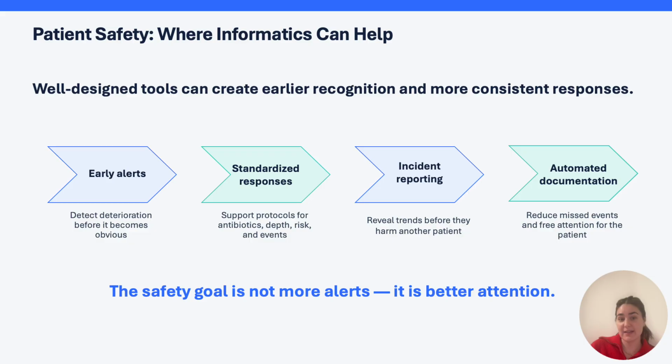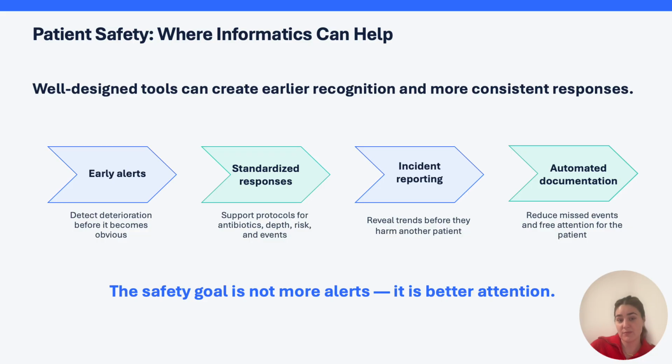Early warning systems can identify changes in blood pressure, oxygenation, ventilation, or other physiological trends before severe deterioration occurs. And these alerts may give the anesthesia provider additional time to evaluate the patient and intervene. Clinical decision support can also standardize responses to common risks. For example, systems can provide reminders about antibiotic administration, medication allergies, appropriate monitoring, anesthetic depth, or the need for post-operative